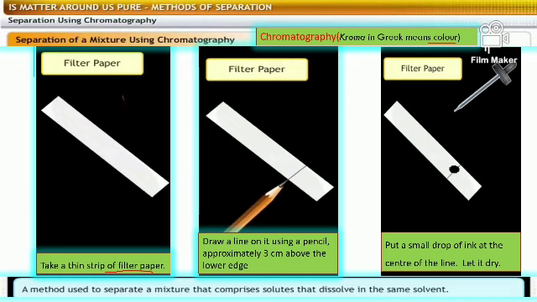Then draw a line on it using a pencil approximately 3 cm above the lower edge. इस लोअर एज से 3 सेंटीमीटर ऊपर की तरफ एक लाइन ड्रॉ करना है, using a pencil. Now put a small drop of ink at the center of the line. So this is the center of the line, and we are putting a drop of ink here and let it dry for some time.